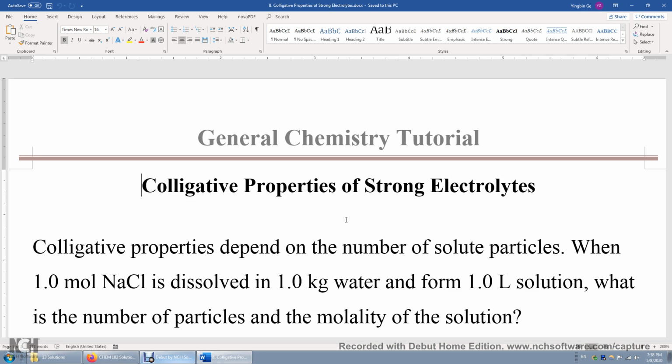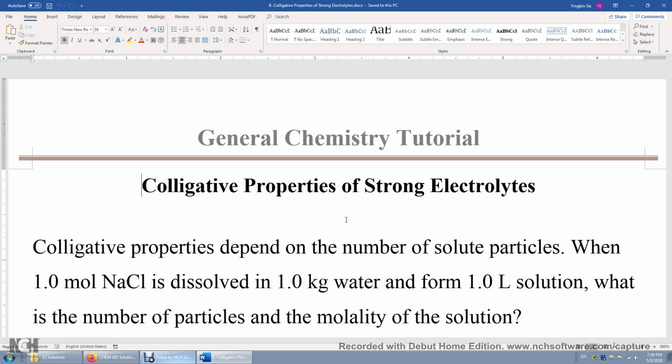Well, now we have twice the solute particles. We have 1 mole Na+ and 1 mole Cl−. This is because strong electrolytes dissolve in water and produce solvated cations and solvated anions. So that's the difference. Look, colligative properties only depend on the mole fractions of water if we're talking about aqueous